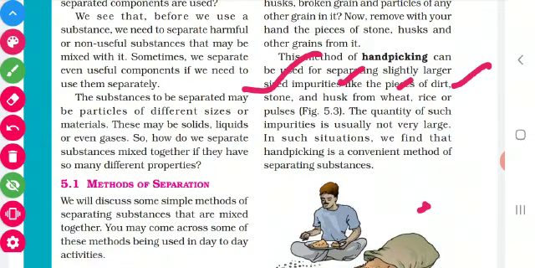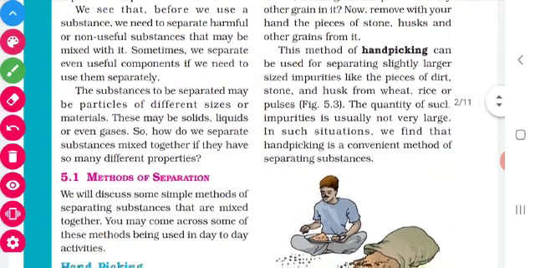So we can separate out the impurities or unwanted substances by the hand itself. This is employed if the substances to be separated are slightly larger. Have you all understood, children? So this is the first method.